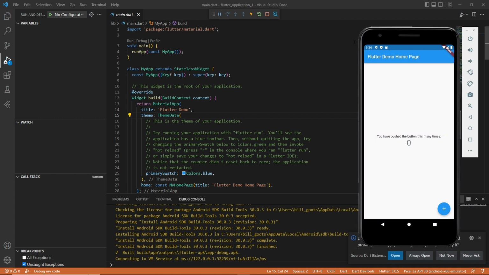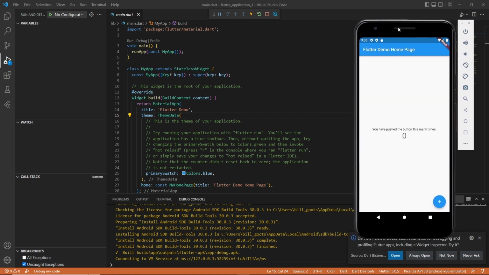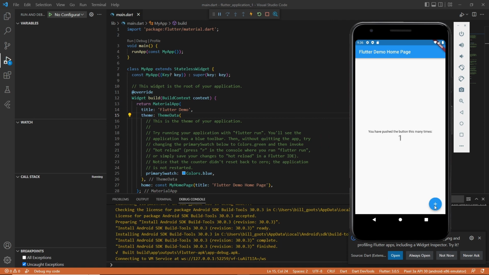The first run will take a lot of time because it's going to install some Android related tools. But once they are finished, you're going to see this page. And when you click on this button, it's going to add one here. So if you click again, it's going to show two. Now that you've run this application, you've successfully installed and